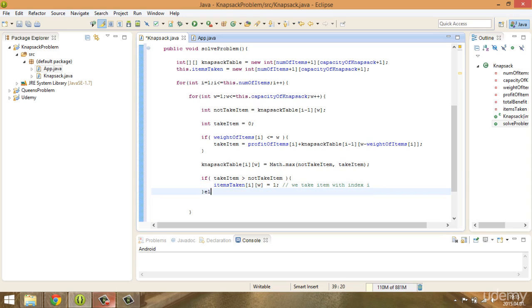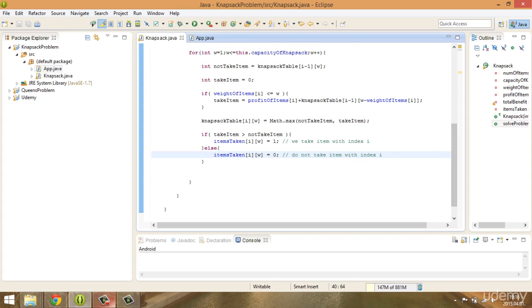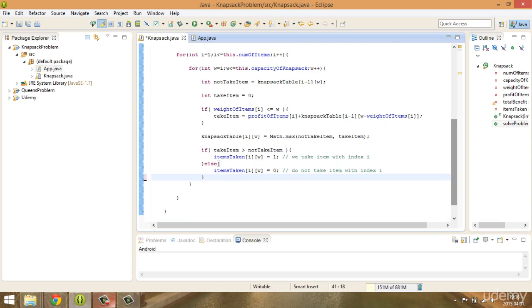Okay, and else, of course, we have to say that items taken I with W is equal to 0, which means we do not take item index I. And in the end we have to set, because the solution for the problem is the last element,